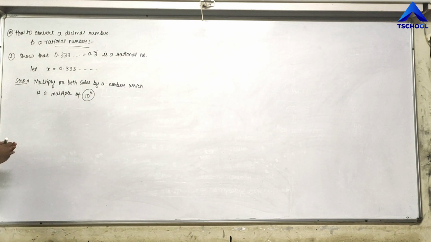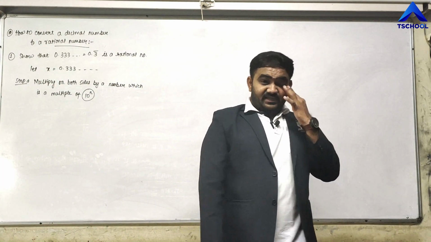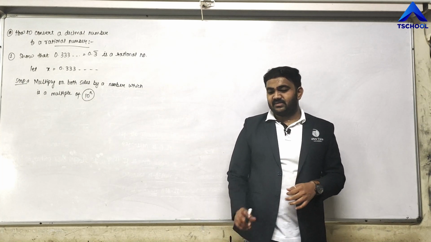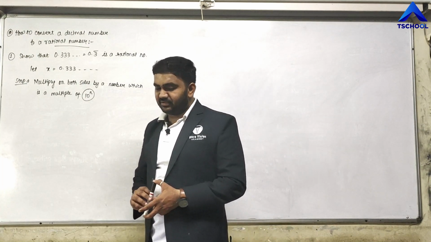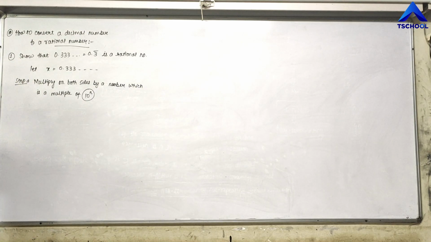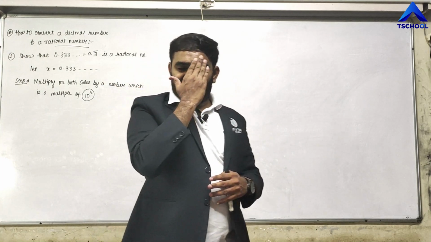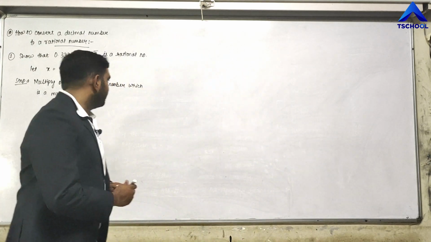Note, friends, that this n can be any natural number, and natural numbers do not contain 0 here. So if I say except 0, then I must say any whole number except 0. 10 raised to n means 10 raised to 1, 10 raised to 2, 10 raised to 3, 10 raised to 4 or anything, but such that